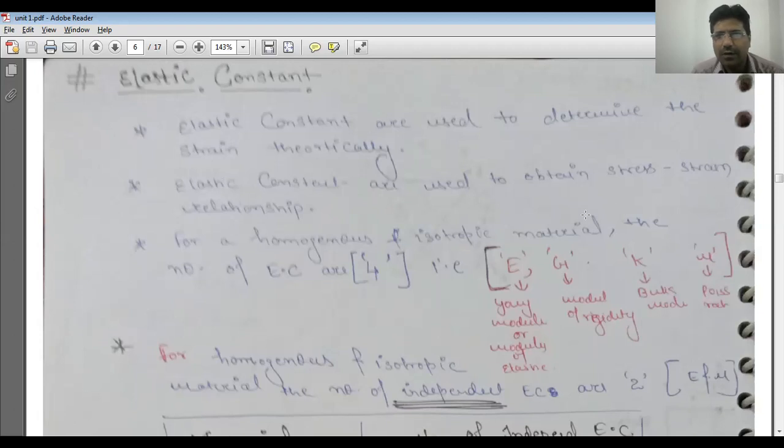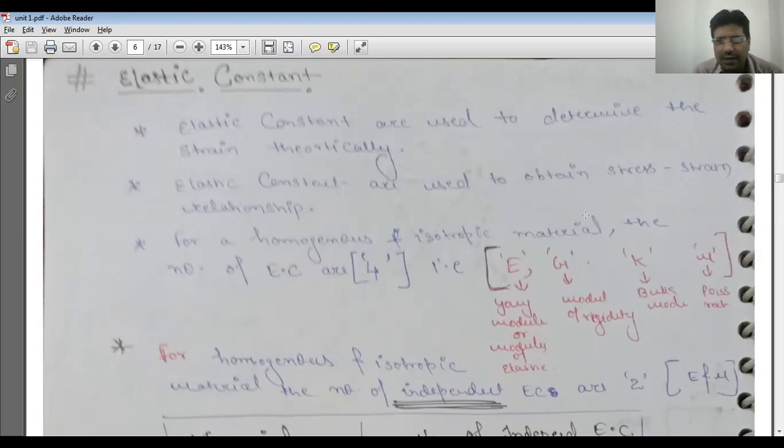So Hooke's law states that within the elastic limits, the stress is directly proportional to the strain, that is, sigma is directly proportional to epsilon. Then substituting sigma equals k epsilon, where k is defined practically, this k is found to be the elastic constant. It is also known as Young's modulus of elasticity or modulus of elasticity, since it was determined by the scientist Young. It is named after him.